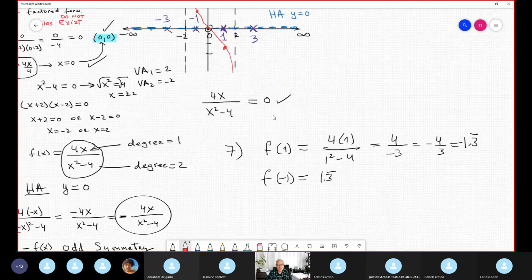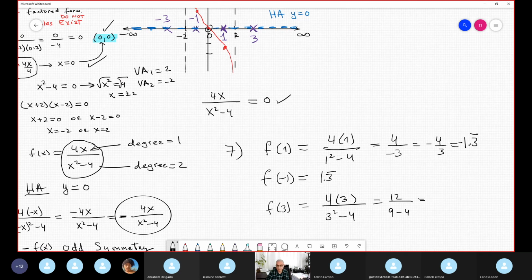Now, I plug in another point, yes. Plug in 3. And f of 3 is 4 times 3 divided by 3 squared minus 4. This is 12. This is 9. This is 4. This is 5. 12 over 5. I divide, it's 2.4. Is it 2.4 positive or 2.4 negative? No, it's positive, yes. 12 over 5 is 2.4. Okay, so the point is